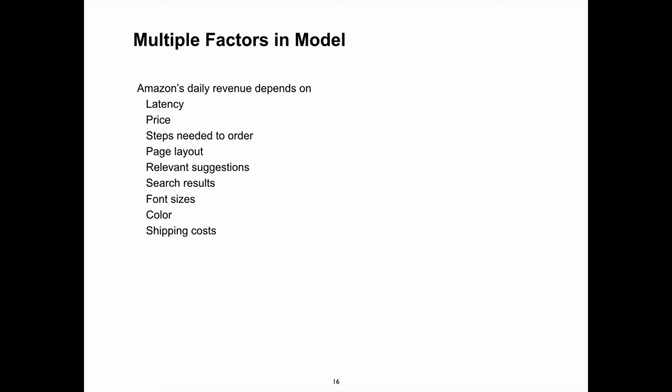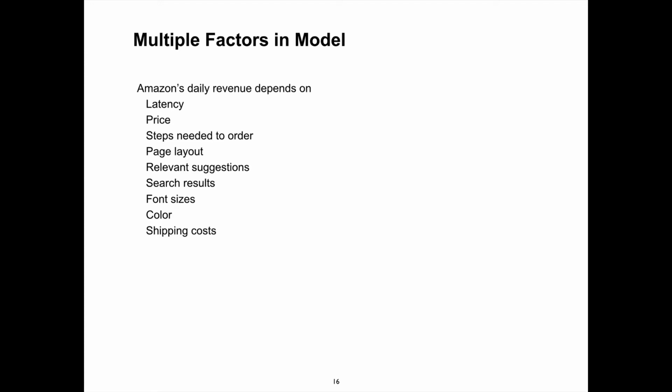Amazon, all these big web companies, are doing multiple experiments every day. They're tweaking the layout of the page a little bit, and they're doing A/B testing. Some people get this version, and they track how long you're on the page, whether you actually buy the thing, to figure out if they can improve their page layout, changing the color, changing the size of the font. We're continually experimenting to figure out how to make us better buyers or more frequent buyers. And so if we're going to build a model,